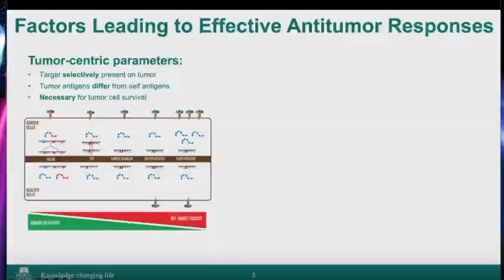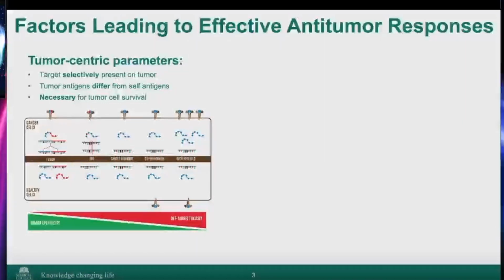As a starting point, I'd like to give an overview of some of the factors that lead to effective anti-tumor responses. And so whenever we're thinking about developing a cell-based therapy for cancer, there's certain tumor-centric and immune-centric parameters that we have to take into consideration. In terms of the tumor-centric parameters, we want to focus on a target that's selectively present on tumor cells and absent on healthy cells. So in the schematic here, you'll see from right to left, there's overexpressed antigens that are going to be expressed on both cancer cells and healthy cells. And so even though you can target those with a therapeutic, there is a much greater likelihood of generating off-target